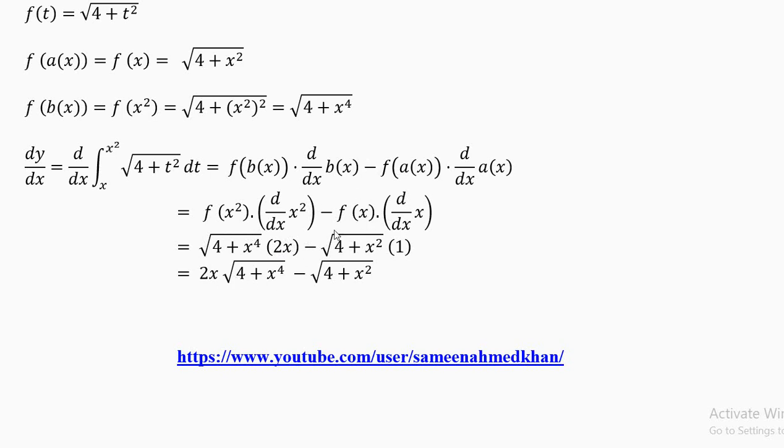Now the second term, remember the minus sign in the middle. F of x into derivative of x. Derivative of x is 1. Better to write it for your understanding. And f of x is 4 plus x square. We have seen it over here. Now put it back. Now remove the 1 because 10 into 1 equal to 10. So this thing into 1 is equal to same thing. So 4 plus x square. You cannot do any more algebra on this. So just leave it alone.